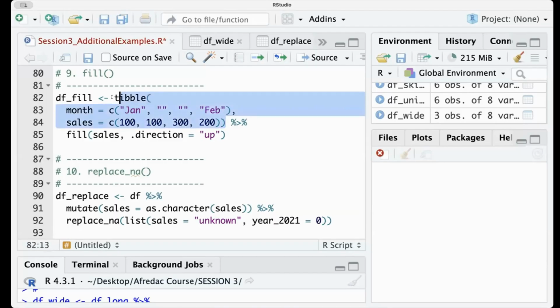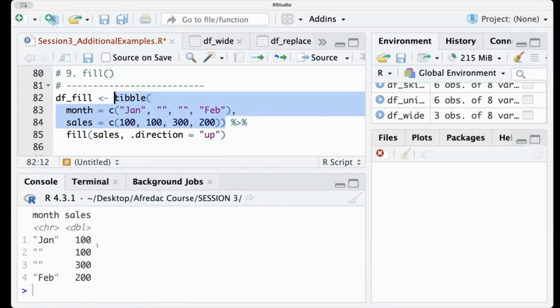So I had a data set that looked something like this, where I had values, but only the first row was filled in for the month. But I knew that all of these also came from January. So in this case, I had basically said fill month. And the default is just filling it from the upper direction. So I said, in the case that I had, you should fill in, oh,